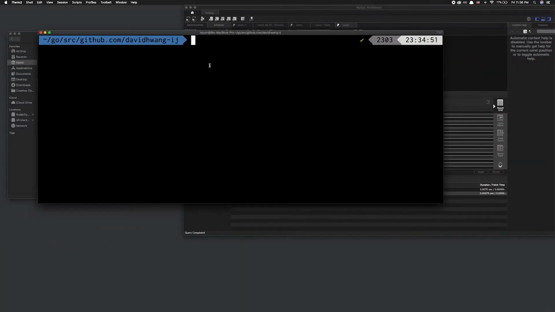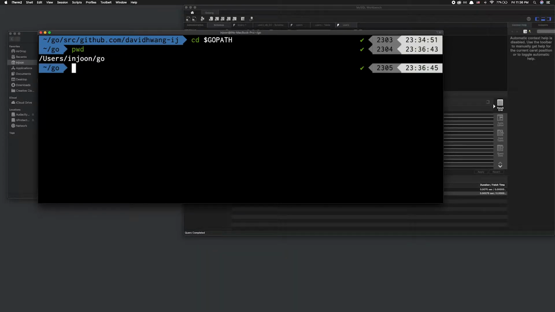So I'm going to come back out here, and if it's your first time creating a Go project, once you install Go, you're going to realize you have a Go path configured for you. That's going to be inside your home directory, and you would want to create directories like this: src/github.com, and put your username there. The -p is going to create all the folders leading up to the last one here. So once you create that, you're going to cd into that,